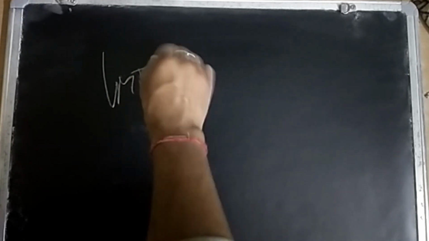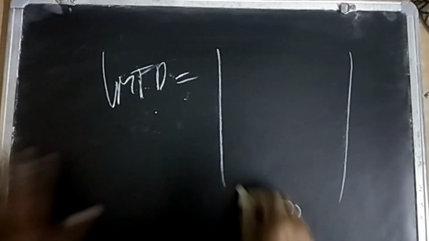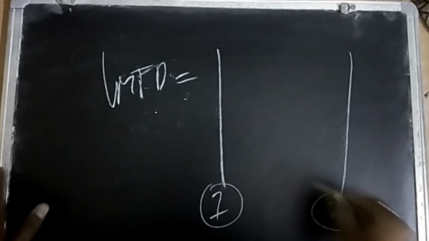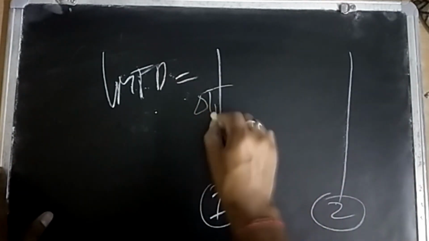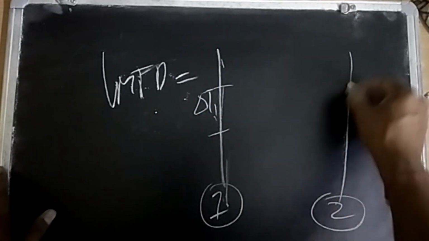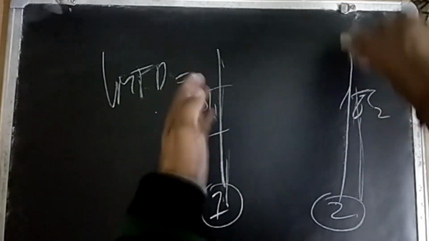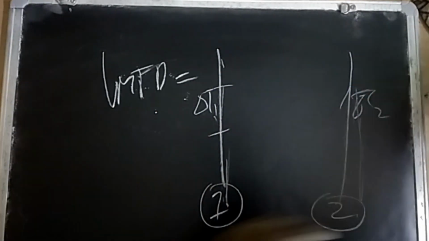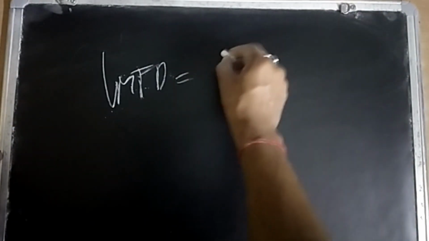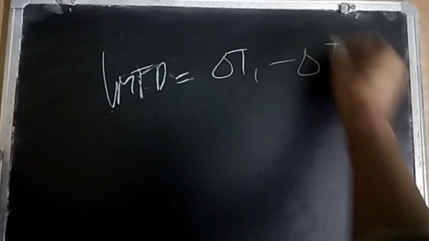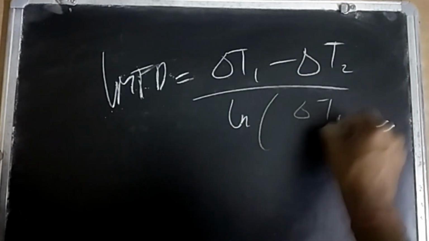And LMTD also same. LMTD is, so remember one thing, one mistake people make is, this is terminal 1, this is terminal 2. So delta T1 here, okay, and delta T2 here, not here. At 1 and 2 are these points, the starting and the end, not across, start and the end. So this would be delta T1 minus delta T2 by ln delta T1 by delta T2. Okay,